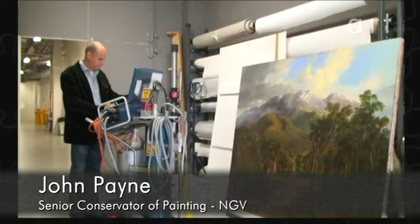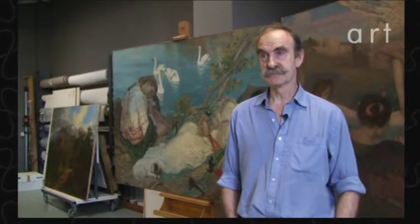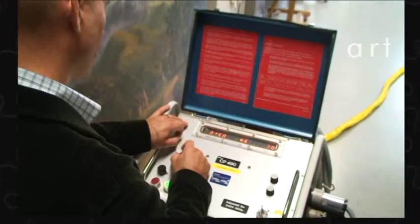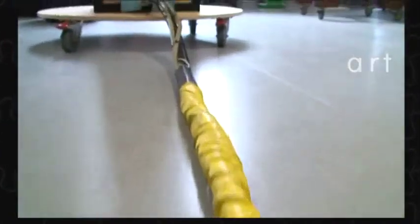Probably the most common use of X-rays for us is in the radiography of painting. A bit like medical X-rays really. They're images of pictures made using those wavelengths of energy, and they're transmission images straight through the whole structure of the picture. To shoot an X-ray image of the painting, we put the X-ray source in the bottom of a